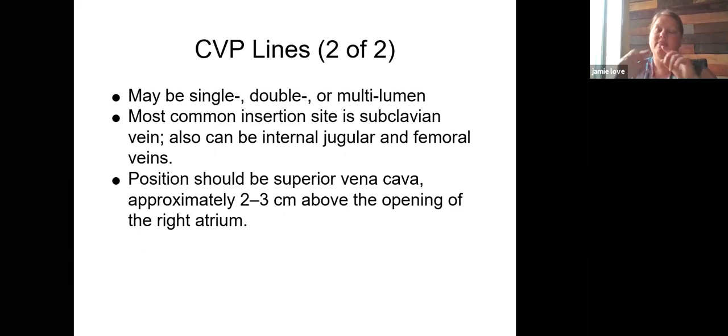So with these lines, they can be single, double, or multi-lumen. That just means the end of it could have one port to give medicine through, or 2 or 3, depending on how many tubes they want to connect to it. But one going in, and however many they have on the edge out of it, on the outside. And that's just if they want to use one for flushing and one for certain medications like chemo drugs, and one for everything else like regular